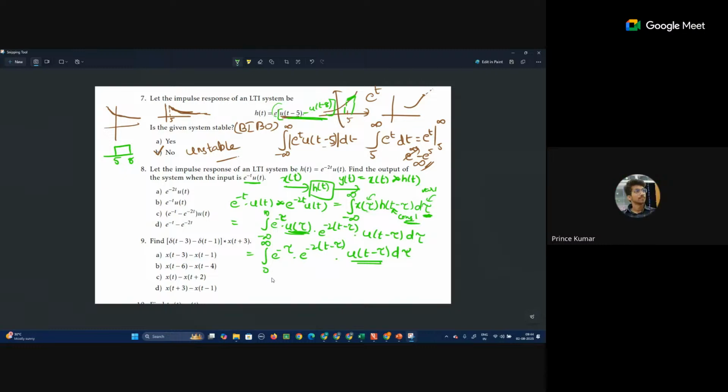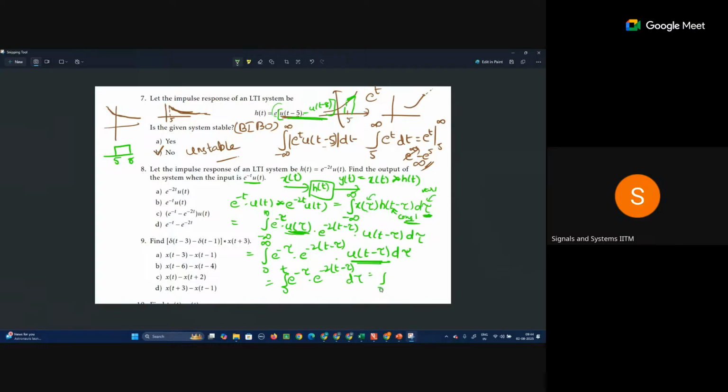Yes, it will be from 0 to t. So integral 0 to t e power minus tau into e power minus 2 times t minus tau d tau is equal to